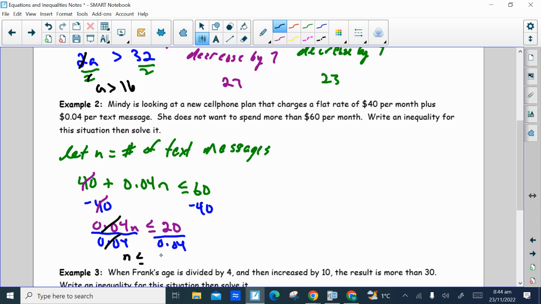500. So the number of text messages that she sends has to be less than or equal to 500. So it can be 500, it can be less than 500, it just can't be greater than 500. So again, if we do a check here,